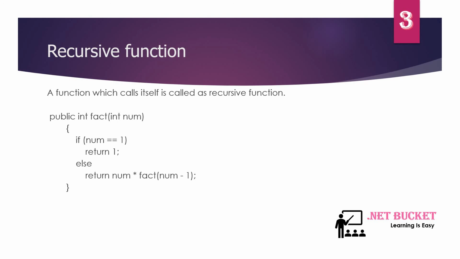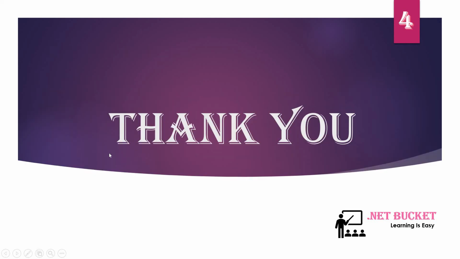So there are two things that you should take care of whenever you are writing a recursive function. One is a recursive function should call itself, then only it will be treated as a recursive function. Second one is there should be one condition which will basically break your calling of the function again and again, right? So you should have some condition like this, where instead of calling the same function, you will be returning, right?